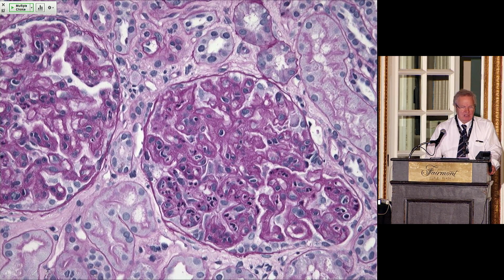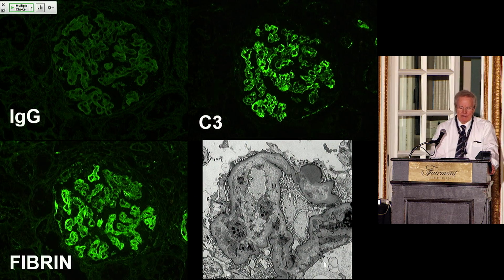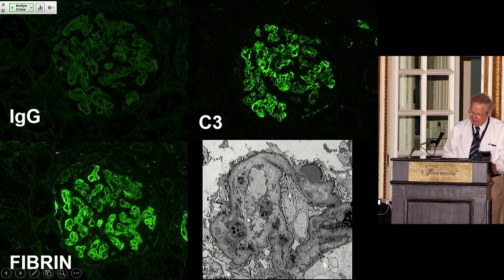Here you see mostly the thrombotic or healed thrombotic component on the left of this particular glomerulus. No IgG deposited, only C3 along the capillary walls, and of course fibrin. Again, remember the connection. And here you can see already a subepithelial hump on this side of the capillary. On this side of the capillary, you have remodeling of the capillary wall without deposits, characteristic for a chronic thrombotic